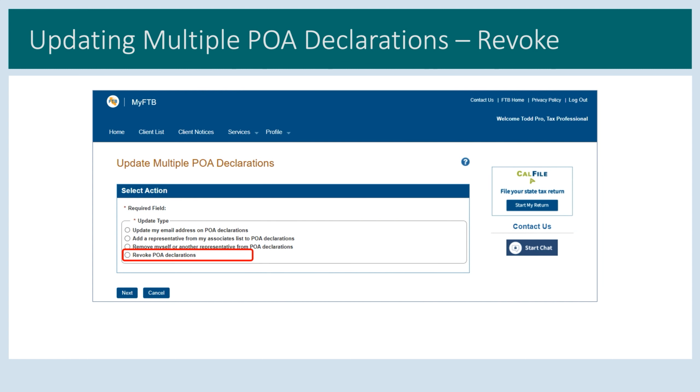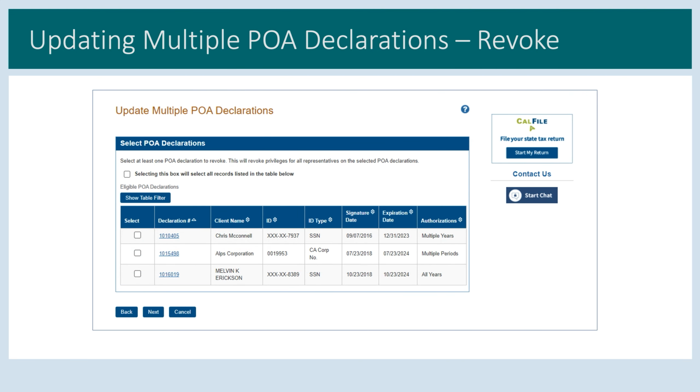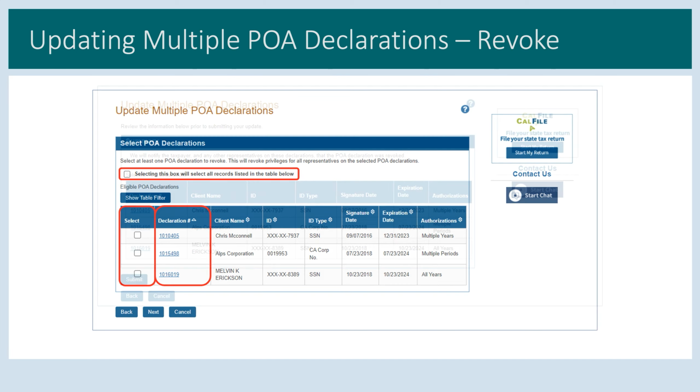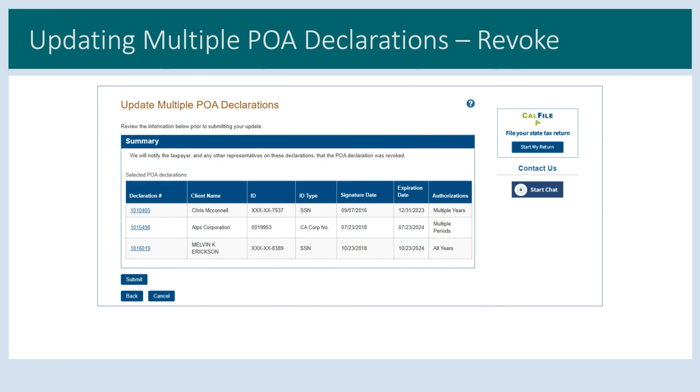This brings us back to the final option, which is to revoke multiple POA declarations. It's important to remember that revoking a POA ends the relationship for both you and any other representative on the POA. This is a full termination of the POA. When you select this option, MyFTB displays all your active POA declarations. As you saw with the Remove option, you can select all the POAs by checking the top box, select specific POAs, or select the declaration number link to view the details to confirm you are selecting the correct one. Again, you will have a final chance to review your updates before you submit, and you'll get confirmation when we